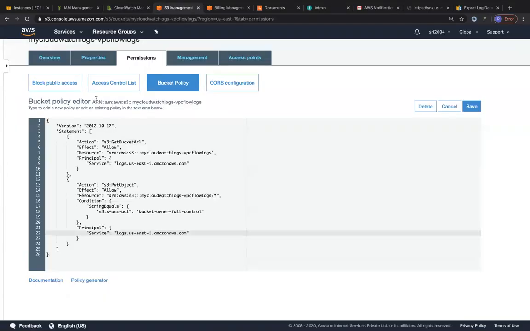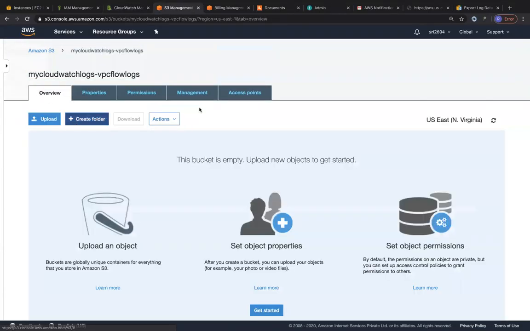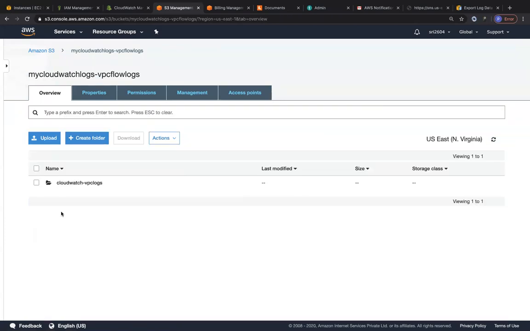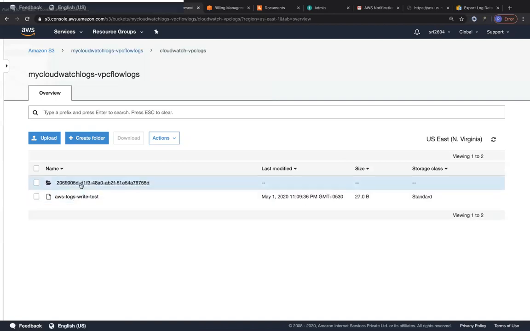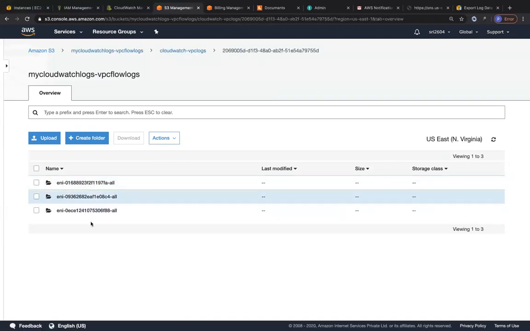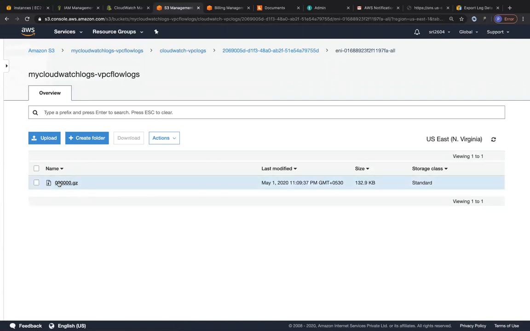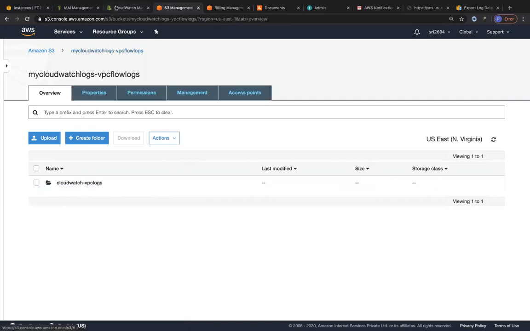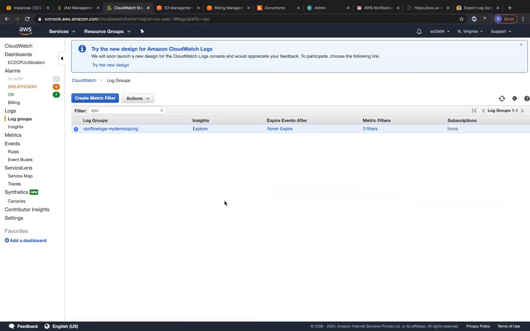So let's go to our S3 bucket and look at the overview tab and click on refresh. It's cool. We got a specific prefix that we mentioned over there. It's perfect. And you can see we have a directory over here wherein we have all of the ENIs, which were all of the log streams. We didn't specify or filter based on a particular log stream. So you can see all of the log streams over here and you can download this archive file and then open it up and you'll be able to see the logs within that ENI. This is only a one-time operation, a manual export that you do. So you can write your own script to do this on a periodic basis or something like that.